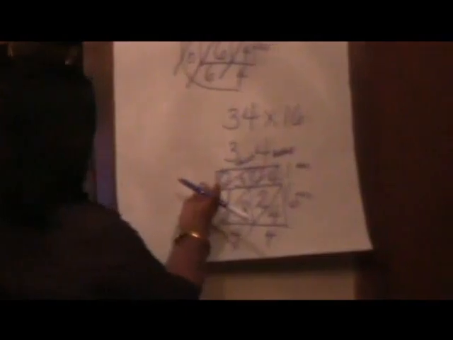And we have no thousands in this row. So we put a 0 there. And then you have your